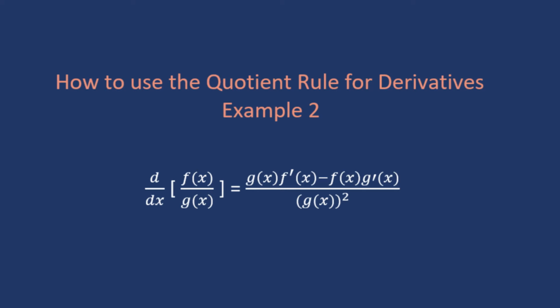Today we're going to be going over how to use the quotient rule to solve for derivatives. So you want to use the quotient rule whenever you're taking the derivative, for example, of two functions that are being divided by each other. So if you have a function in the numerator and you have a function in the denominator, and you can't further simplify it, the quotient rule states that whenever you have this situation, what you want to do is